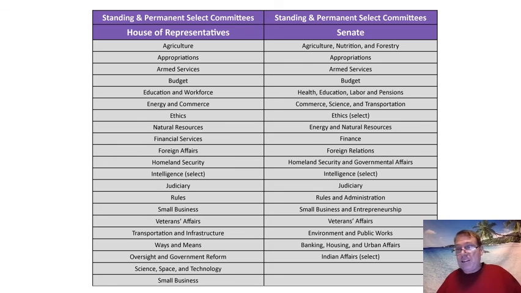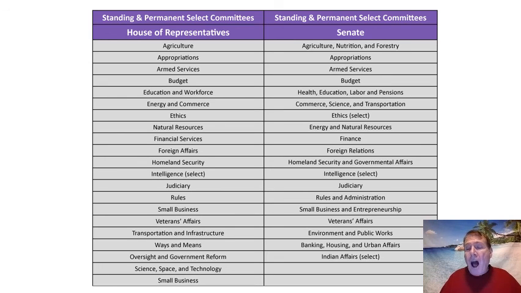You want to create a special spaceship that goes to the moon and back carrying people? That'd be awesome. I wonder what committee that'll be in. Well, probably the Space, Science, and Technology Committee. So in almost anything you can think of, Congress will send your idea to one of these committees, and then the committees will work on that and craft a law, and then they will send it to the full House of Representatives or the full Senate to vote on it. We'll look more carefully at how laws are crafted at a later time.